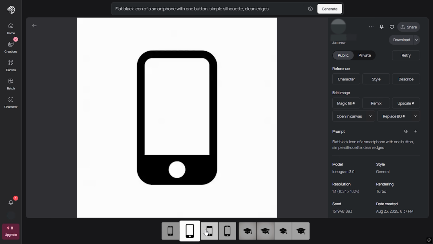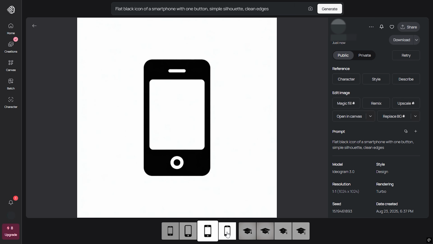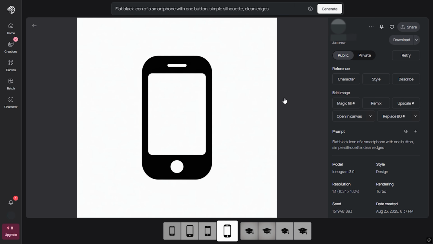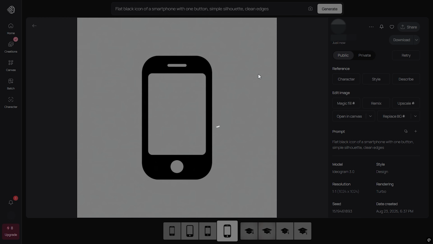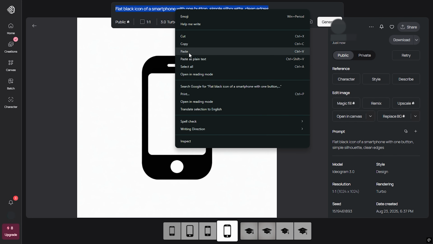Let's take a quick look at each one. I'm checking for clean edges, balanced proportions, and overall clarity. This one stands out. It's simple, sharp, and fits the prompt perfectly. Let's download it. For the third icon, I'm using the prompt, flat black icon of a heart with pulse line,